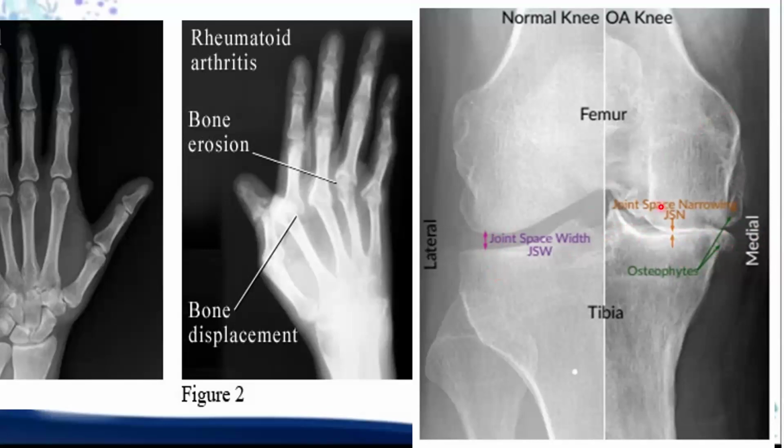So if you compare it with this normal joint, right, the border of this joint or the subchondral means the cartilage is here. This blank space we see here is actually not blank. There is cartilage, right? So in osteoarthritis, the cartilage has got wasted and now the bones are touching, right? So subchondral means just below the cartilage. There's a sclerosis. Sclerosis means addition of bone, right? So there's thickening of the bone just below the cartilage area. So that is here. You can see a white line. So that is subchondral sclerosis, right?